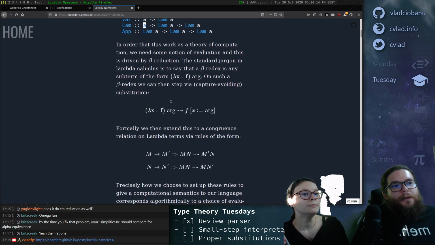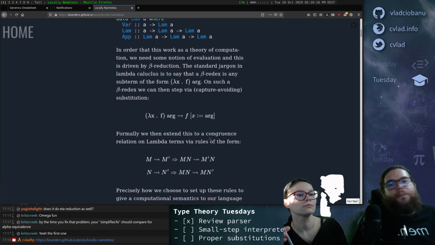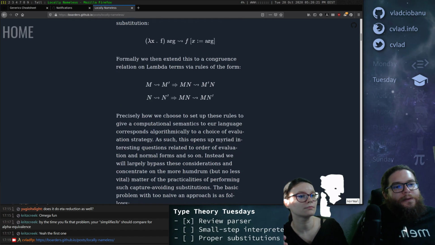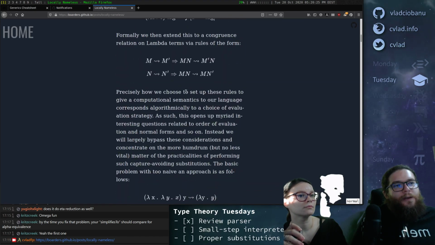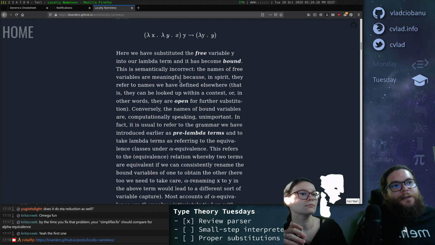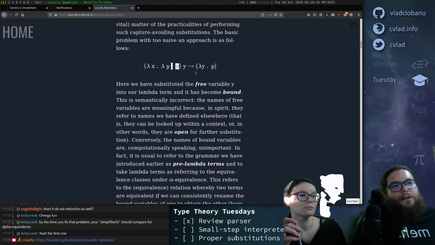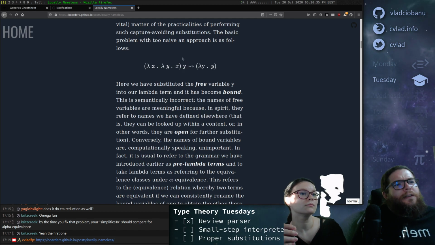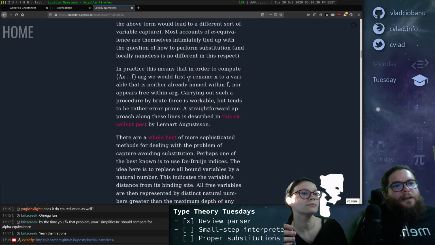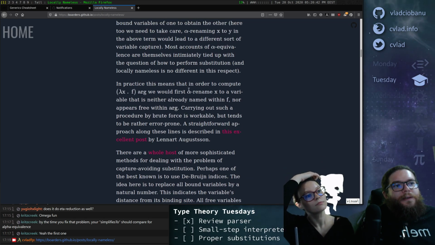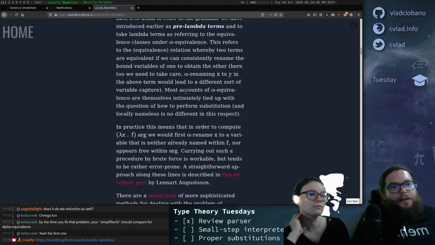Okay, so then, here is just explaining that we need to evaluate or simplify, to do something with lambdas, so we'll skip over this part. It's very good. You should probably read it if you have the time, but right now we're interested in, anyway, it's saying that we can simplify this and get back y here. I think this is literally one of our examples, right? Exactly. And then it's saying exactly that one of the problems is alpha renaming in some cases, like the ones we discovered ourselves that are problematic.